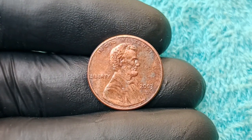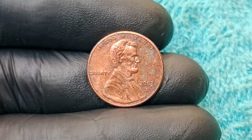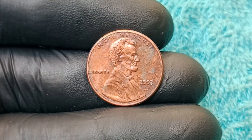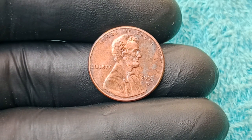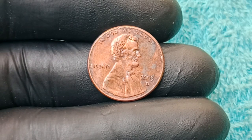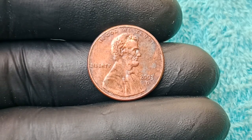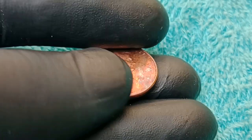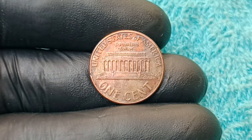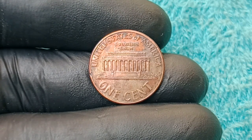Among the various blunders associated with this specific penny, we encounter the infamous doubling error, which arises when the coin receives multiple strikes at slightly different angles. This phenomenon often results in a distinctively ghostly appearance of the images on the coin, creating a layered effect that significantly deviates from the intended design. Collectors are particularly eager to acquire coins displaying this characteristic, as such double strikes make them exceedingly rare and therefore